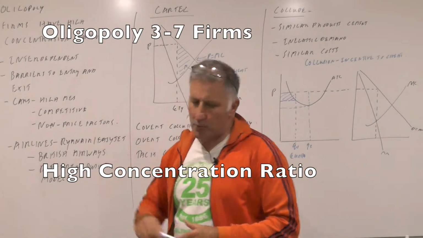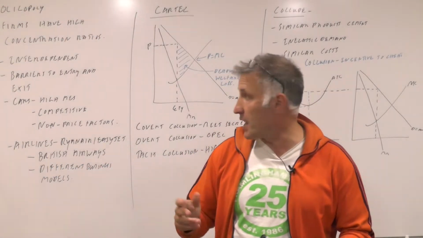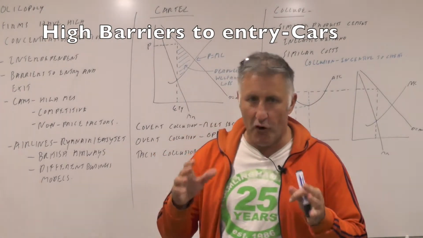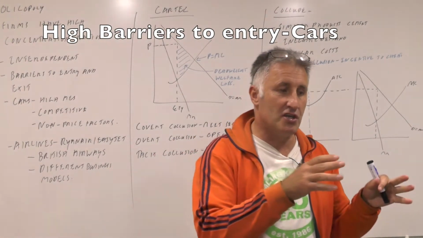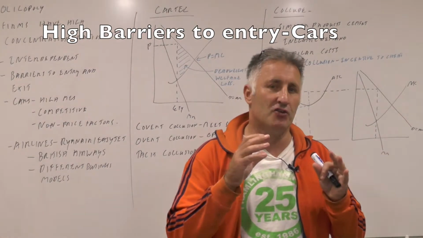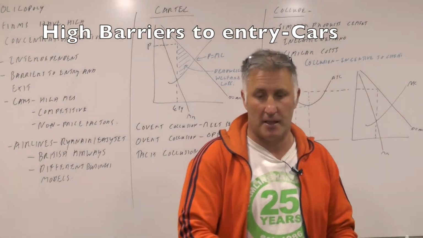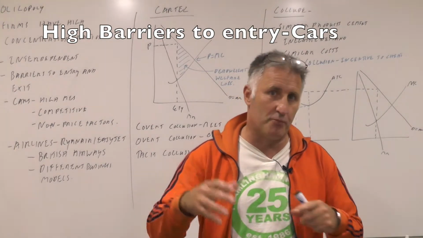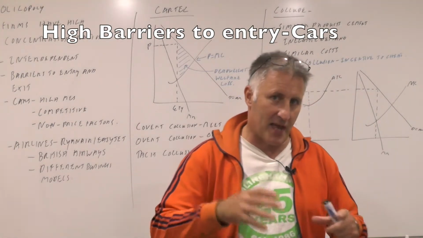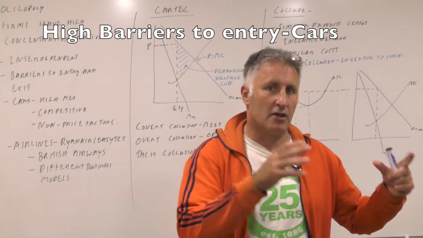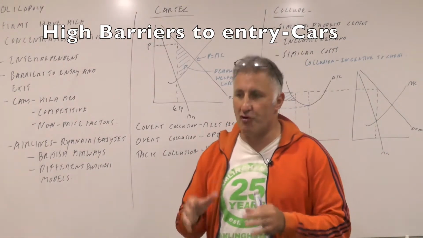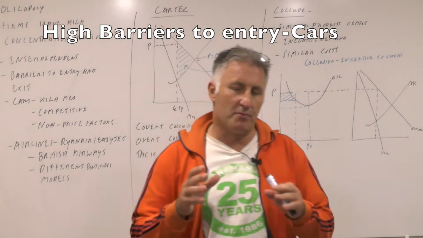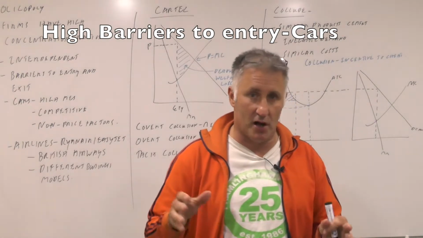From there, there are probably going to be pretty high barriers to entry and exit. For example, just think of industries. It's going to be very, very difficult for someone to enter the car industry because you're going to need an enormous amount of finance to be able to do that. I suppose Tata has done it, because Tata went out and bought Jaguar Land Rover. So that's how they entered that high-spec car market. But from scratch, it's going to be virtually impossible to enter that industry because it's going to cost you so much money. So there are very high capital costs and also extremely high sunk costs.